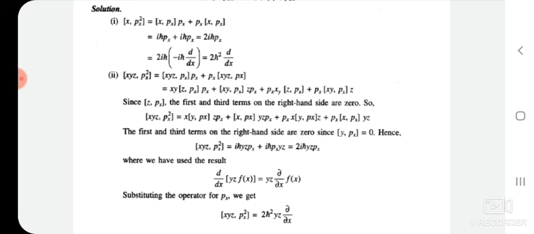As we know, [z, px] is equal to 0, [y, px] is equal to 0, and [x, px] is equal to iħ. If we substitute those values, we get